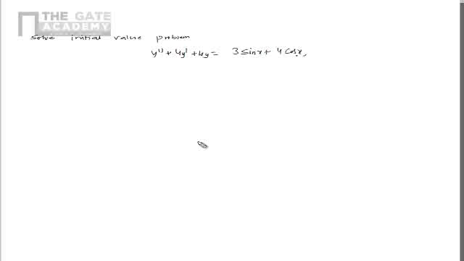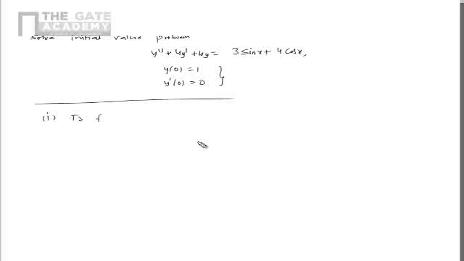What are the values given? The values are y of 0 is equal to 1, that is when x is equal to 0, y is 1, and y dash 0 is equal to 0. So under these two boundary conditions we need to solve this problem. Okay, same thing. So first is